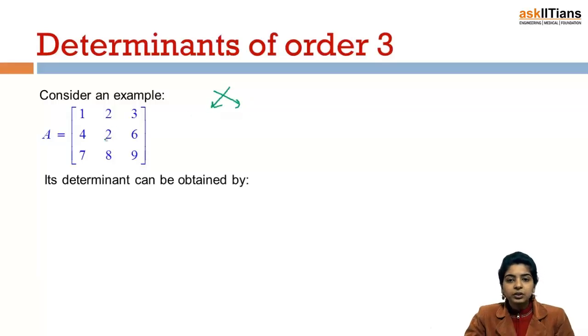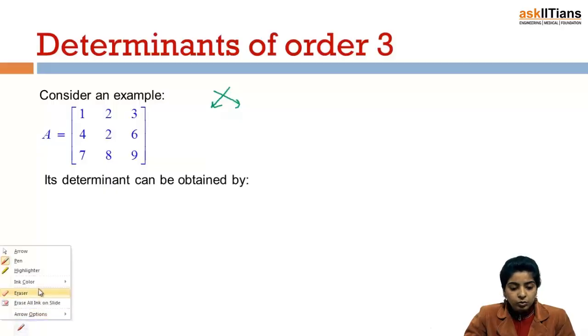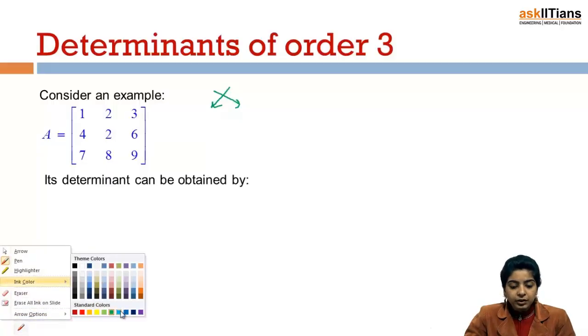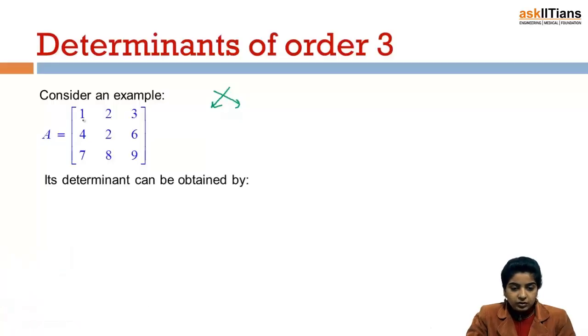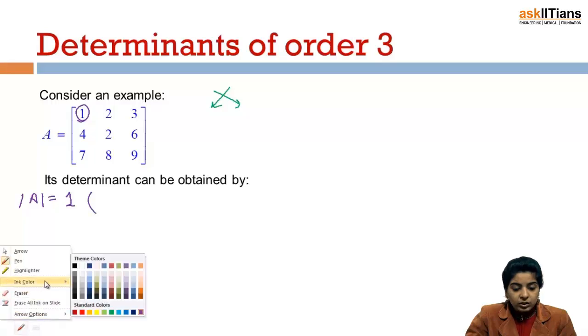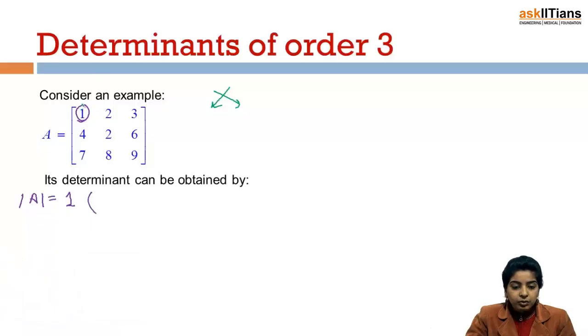Now how do we compute the determinant of a 3 cross 3 matrix? That is also somewhat like 2 cross 2, but since we have got more entries, it is a bit complicated. See, how do we write the determinant? In case we have a matrix A of this form and I need to compute determinant of A, I write down this first element, I write down 1, then for understanding's sake, what you can do is just ignore the elements which coincide at the rows and columns at that particular element. Okay, do not get confused, I am explaining it to you like this.